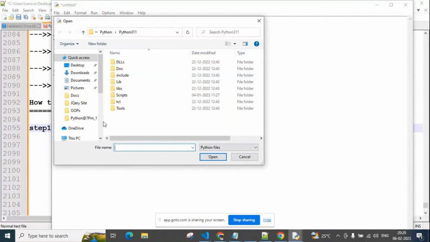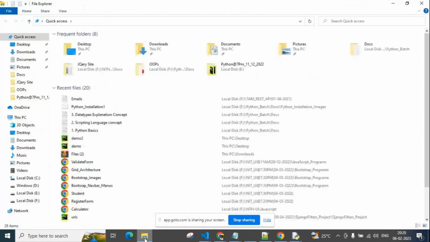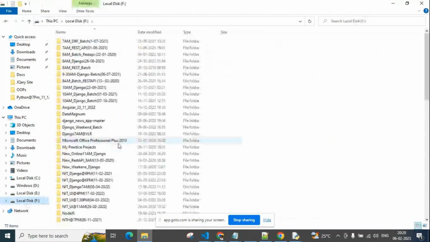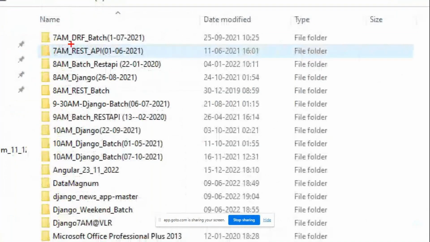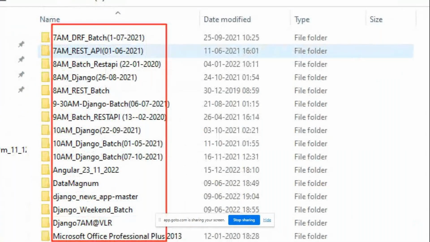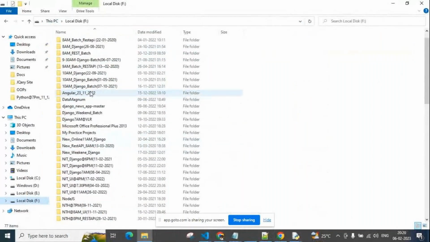First of all, I want to create one folder for our session. Here I have taken many batches, guys: REST API, Django, Python, database, many things. So you can create one folder.